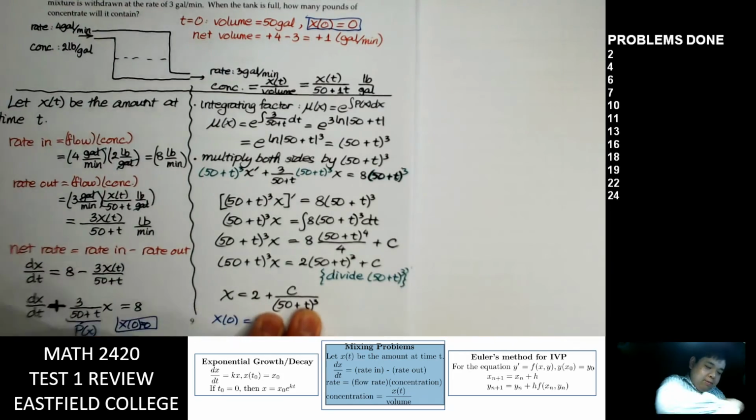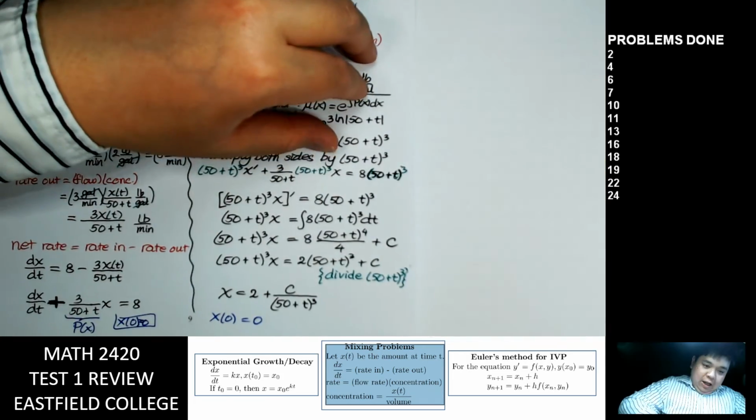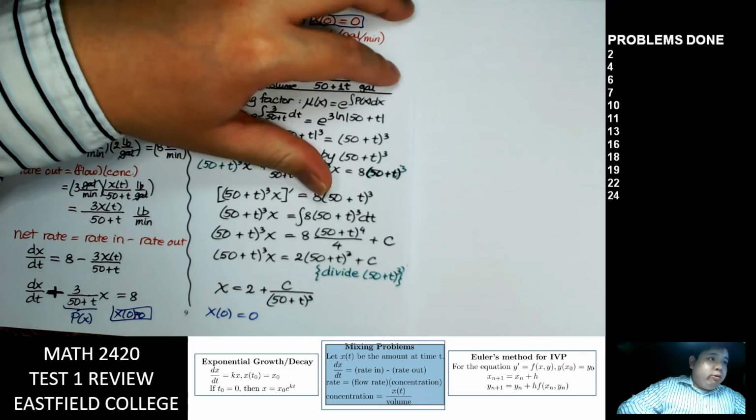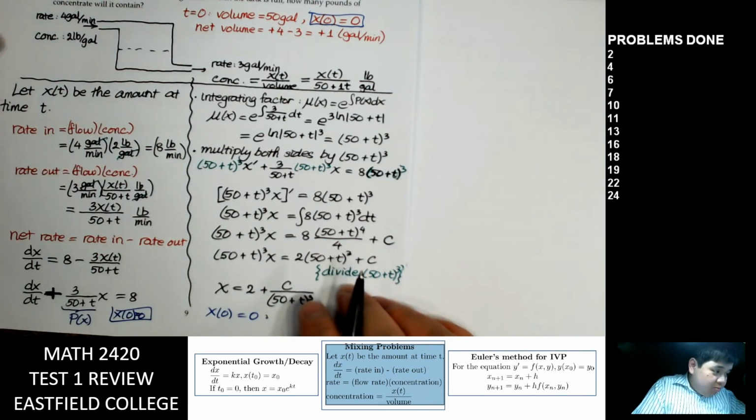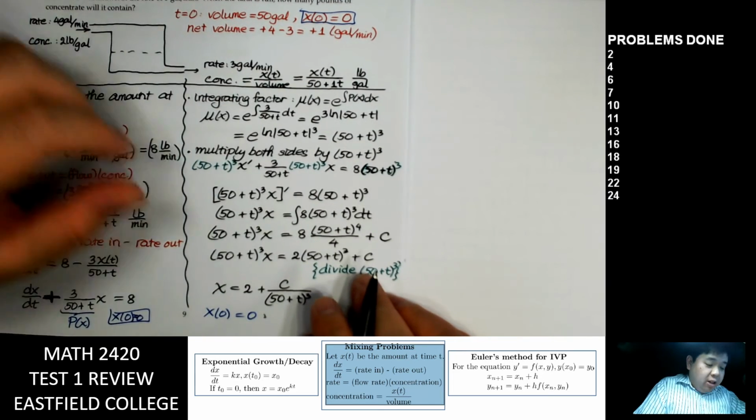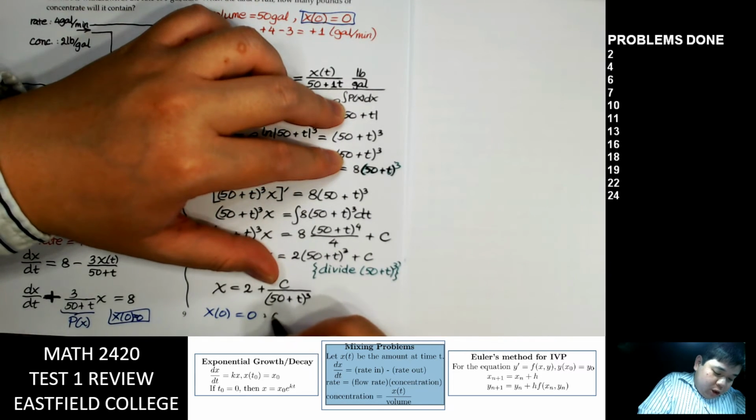Right. On the test, I will not ask you to solve the complete problem like this. More like 23 instead of this. Anyway, so if we put 0 for x and 0 for t,